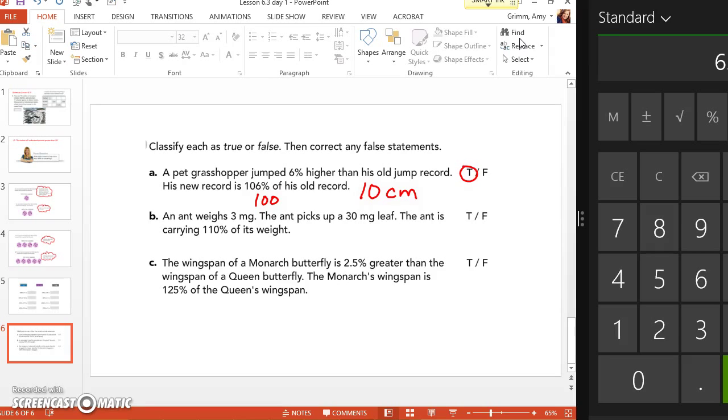Okay, true. All right, an ant weighs 3 milligrams. An ant picks up a 30 milligram leaf. The ant is carrying 110% of its weight. You think that was false? So an ant weighs